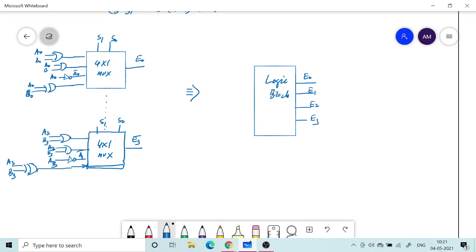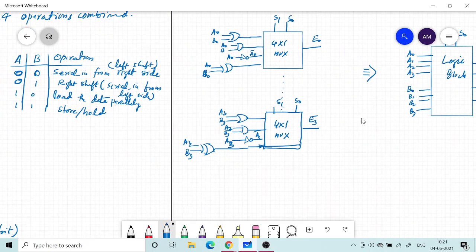And what about the input? It has A0, A1, A2, A3. Another 4-bit input: B0, B1, B2, B3, and then it has got 2 select inputs. Okay, so this is basically the block, just like in Verilog you define the external big module, inside which we have some hierarchical structure like this. Okay, so it's the same idea here,